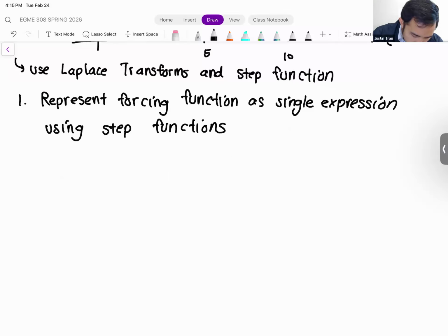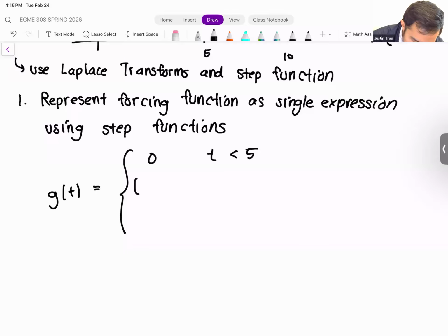All right. So I'm going to write down the g of t again, just so I don't have to scroll up and down. So g of t has a value of 0 when t is less than 5, has a value of (t minus 5) divided by 5